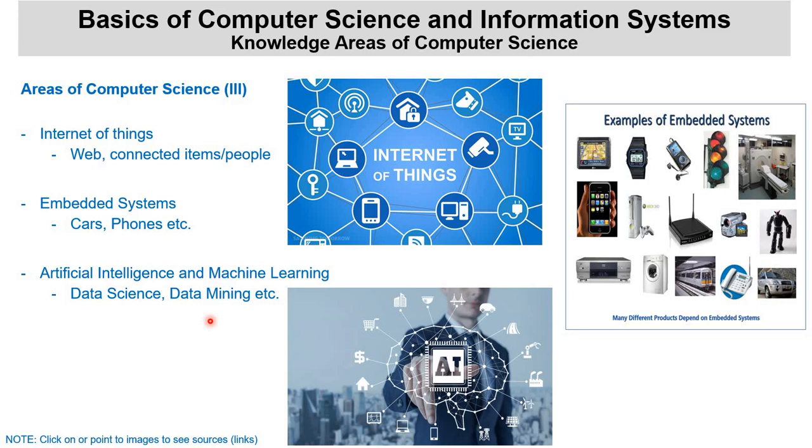We did talk about some areas of computer science, like computer systems, software, and also programming and modeling languages. We will continue here with talking about the internet, which is a connection of a number of items or equipment in such a way that people can use information. For example, many of you know this as the web,